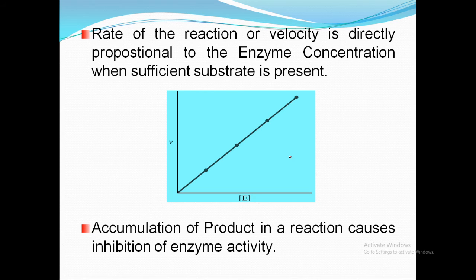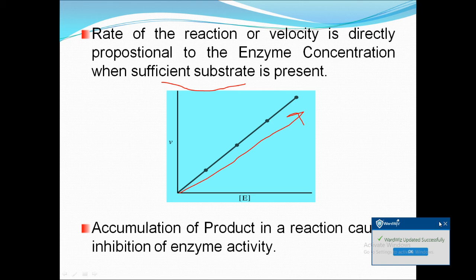So when the concentration of substrate is adequate, the reaction velocity will move in that direction. It will reach Vmax very fast if the reaction mixture contains sufficient enzyme concentration and sufficient substrate concentration. And if the substrate concentration is even more,